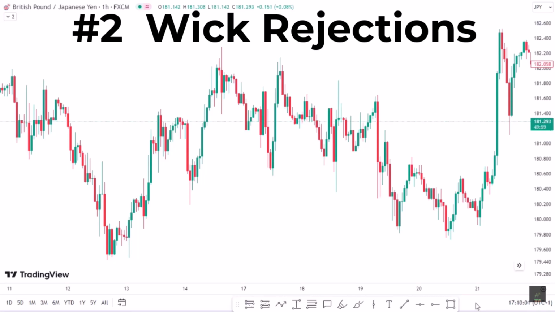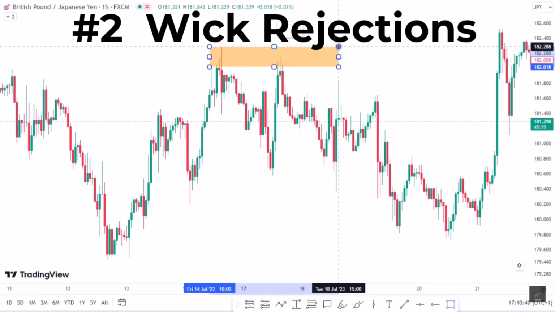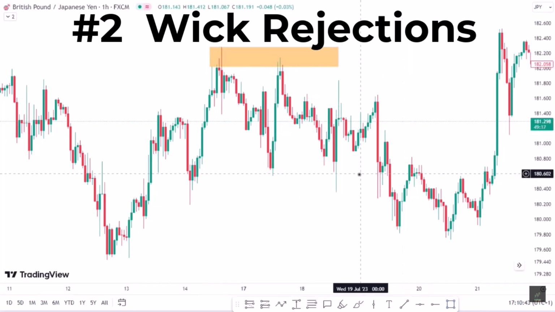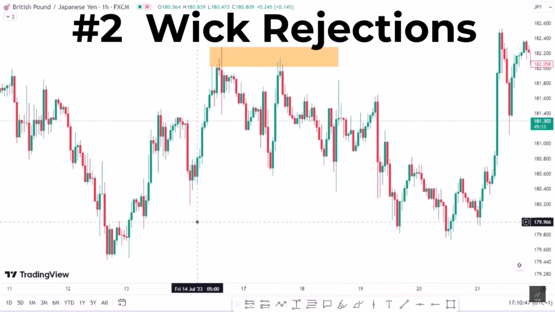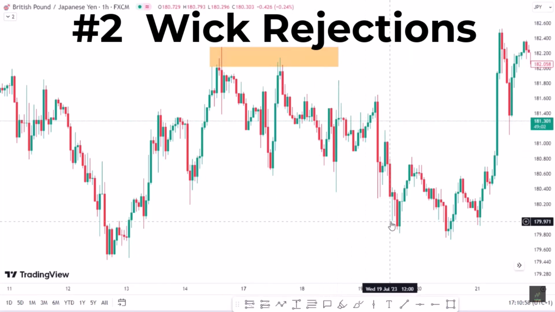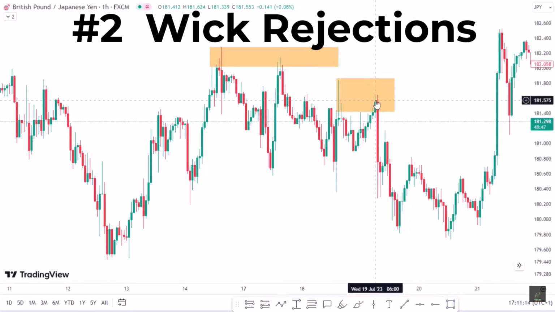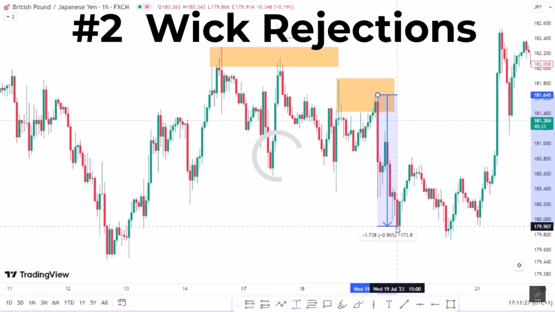Alright, let's do it all together. Let's say, for example, here we have our wicks at this level. We highlight that zone. Upon highlighting that zone, what can you see? When price came back to that zone, it then grabbed liquidity and dropped to the downside. Take a look at this wick which was created. When this wick was created, what happened? When price came back into that same zone, the market then gravitated to the downside. As you can see, this is how many pips to the downside? 173 pips to the downside.